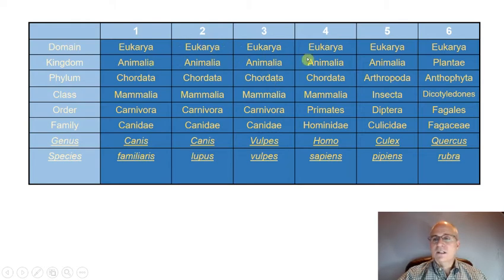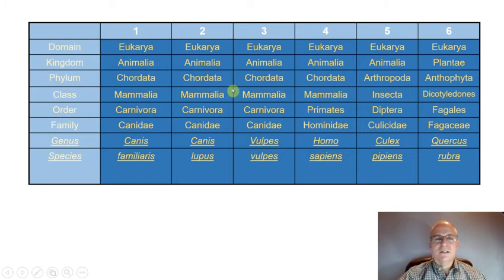Of these other organisms right here, phylum Chordata for these first 4, and phylum Arthropoda for this one right here. So this one is an arthropod. This is an animal with a hard external skeleton. So we know this one is going to be different from these other 3 animals here. That tells us a lot.